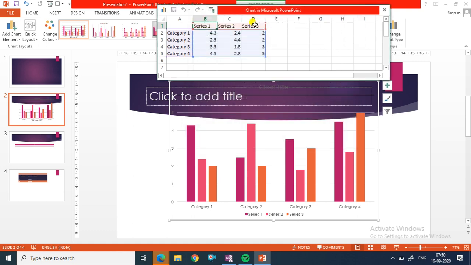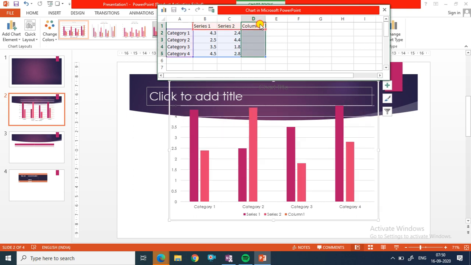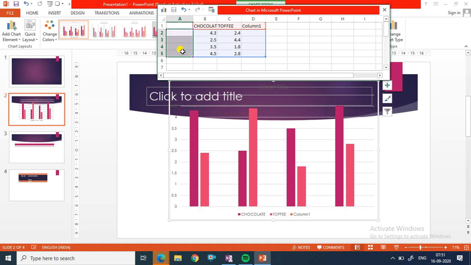Here, suppose I want to delete this data. Here I want to give the name. And here toffees. Here the name of the student, name of any person.